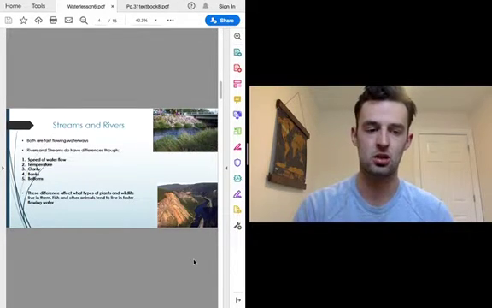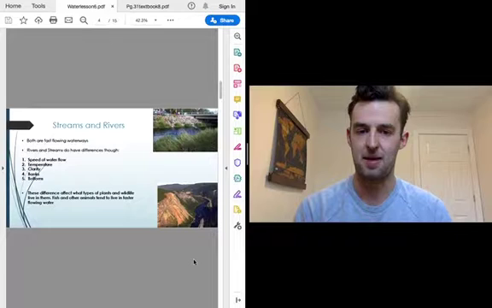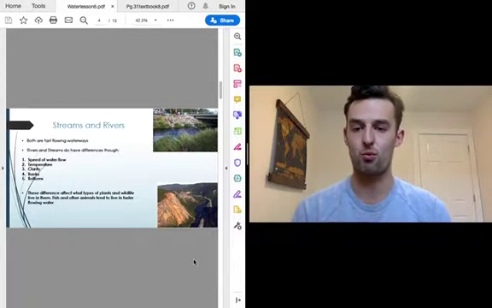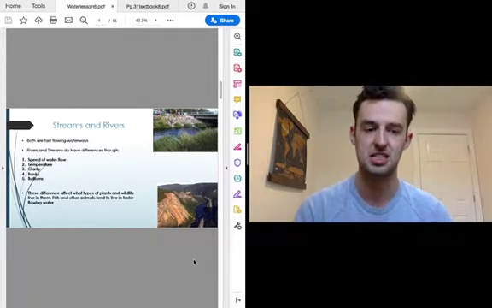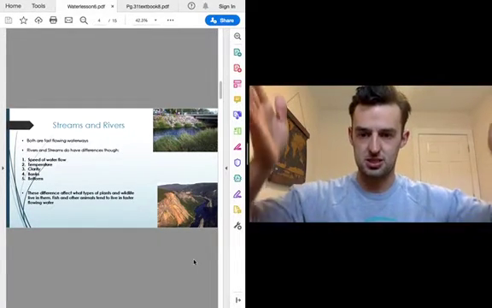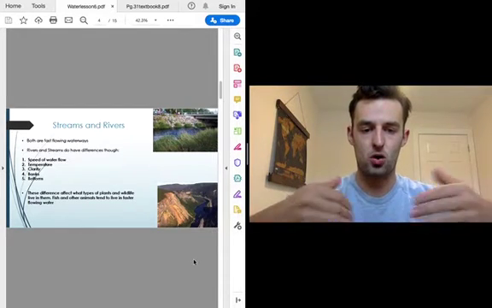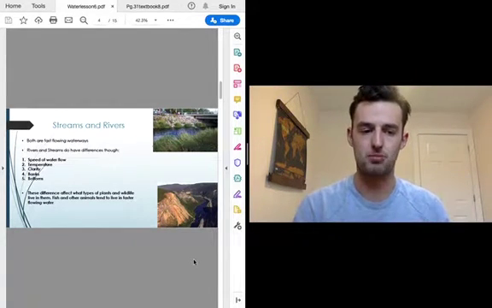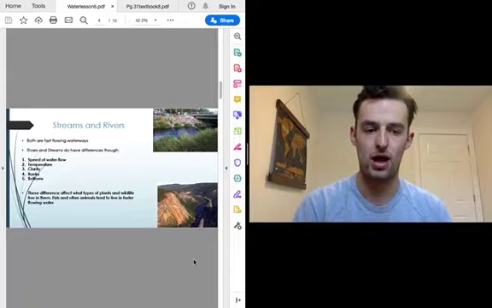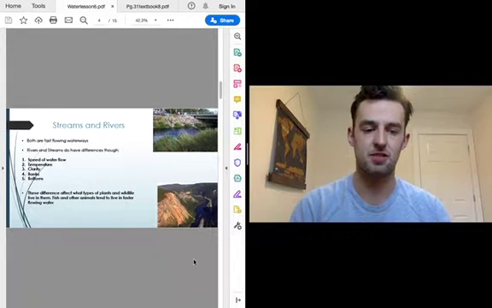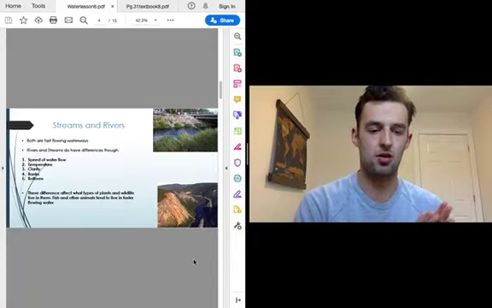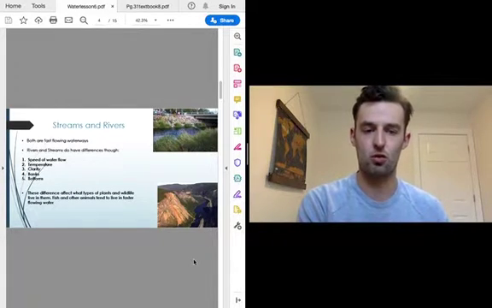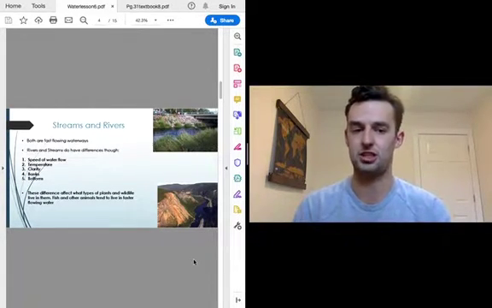The temperature, the clarity. So what that means is if you looked down into a stream or a river, one will be much clearer to see through and one will be a little bit murkier to see through. The banks, so the sides of the river or stream, are different, and then the bottoms are different as well. These differences affect what types of plants and wildlife can live in them. Fish and other animals tend to live in faster flowing water,